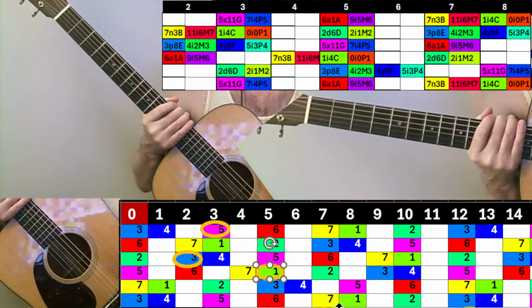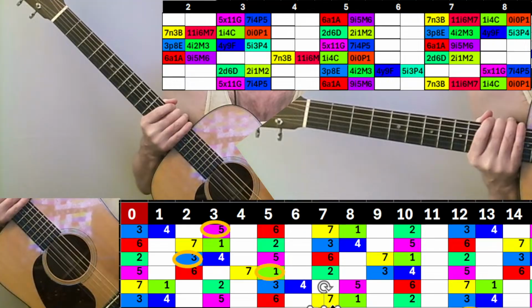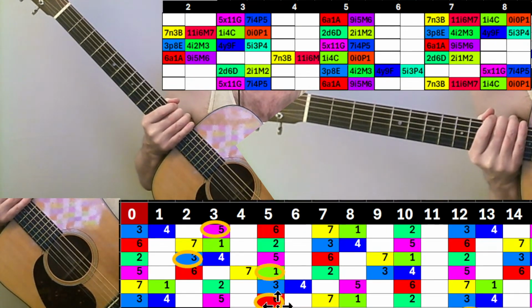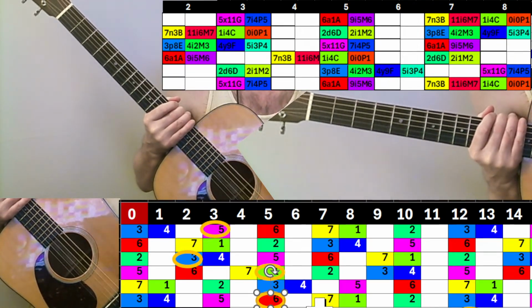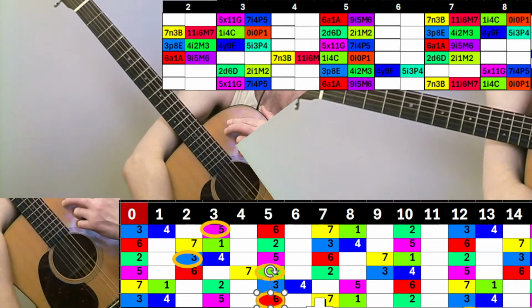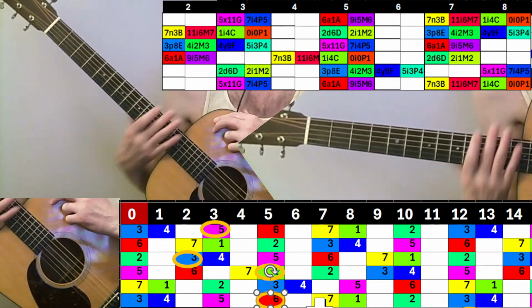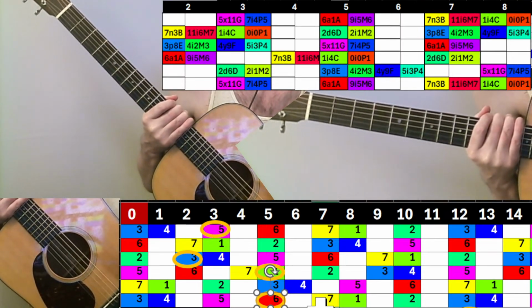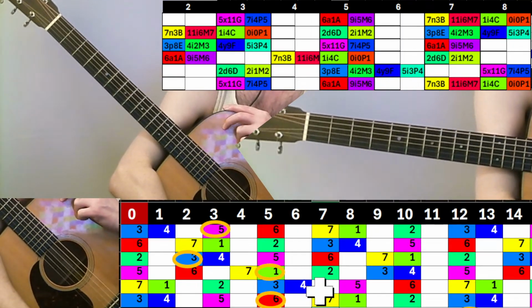So we're looking for Nashville number 6, which is the Aeolian node, which in the collection of notes around the key of C happens to be an A. So I have one here, so I can pick that up. What would we normally call that? We would call that some kind of, if we're looking at the note name, a C major 13 of some kind. But if I was to name it from the nodal point, I would call it like